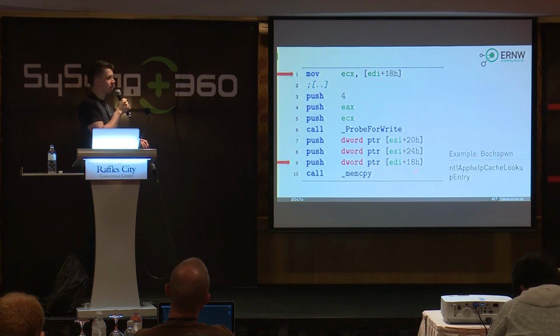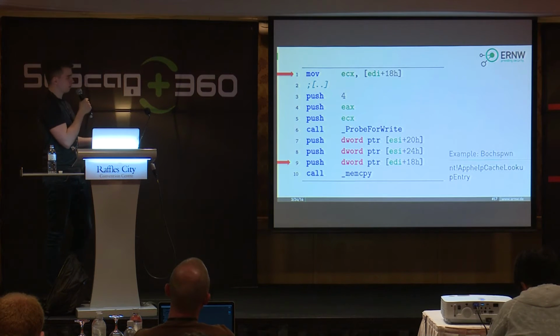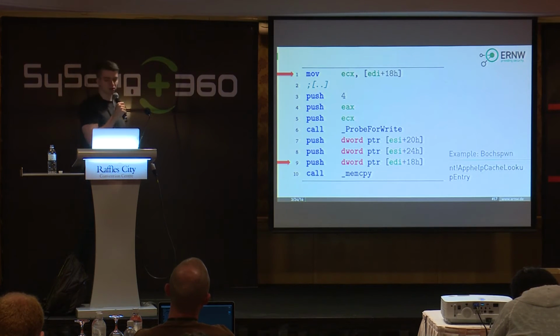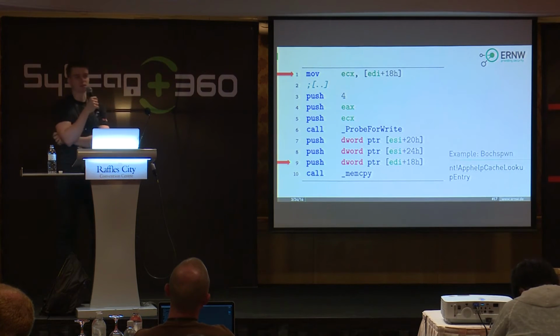Instead, they fetch it a second time from the same memory address. So this is again the double fetch problem. You have this memory address pointing to user space, and they fetch it twice, once before the check and once after the check. And if you can just switch the value, then you can bypass the check